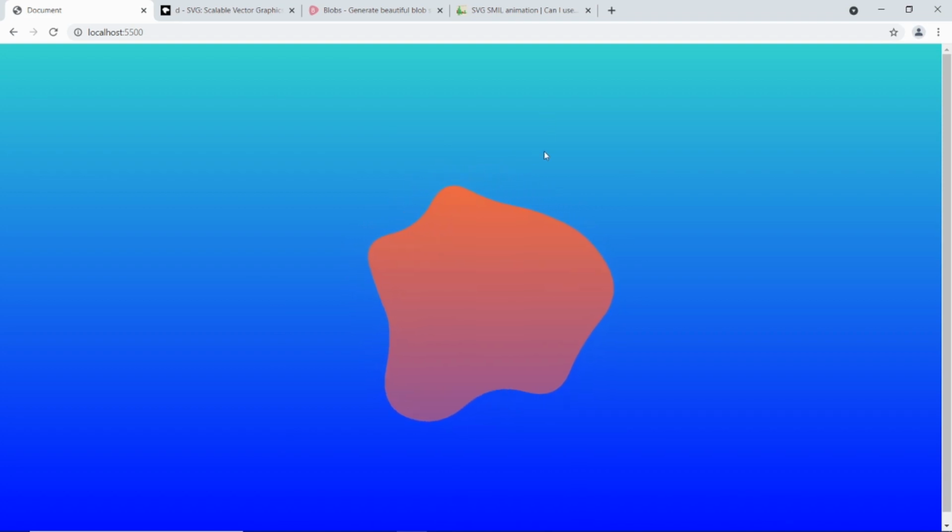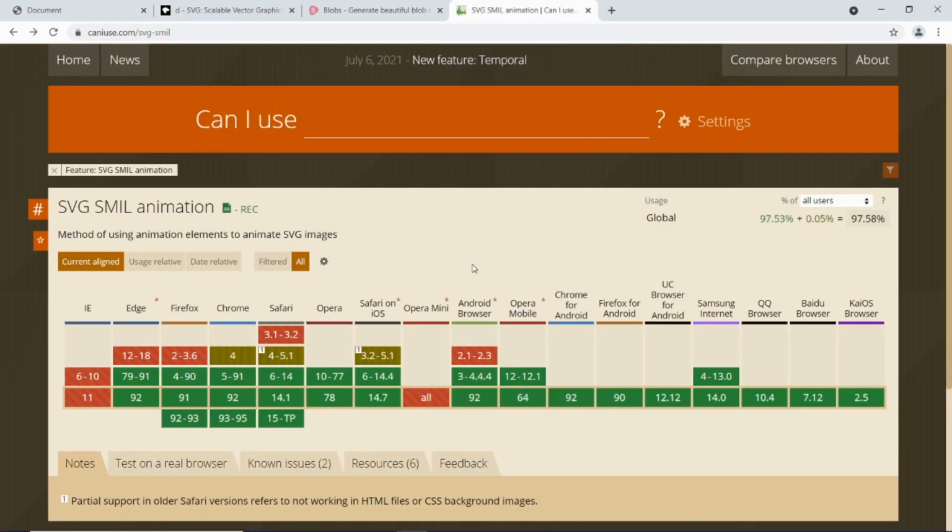Hello there, in this video I'm going to be showing you how to create this beautiful animated morphing animation. So basically what it is, it's one shape morphing into another. Now I'm going to be building this in SVG and an element called Animate. Animate is supported in most browsers. It's got a 97% coverage, so if you think that's good, then you should be able to use this for